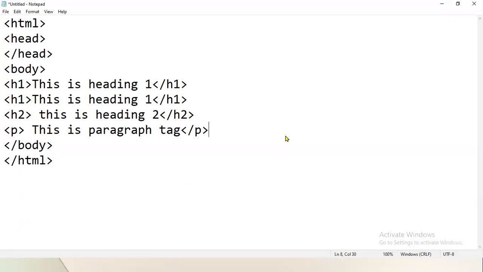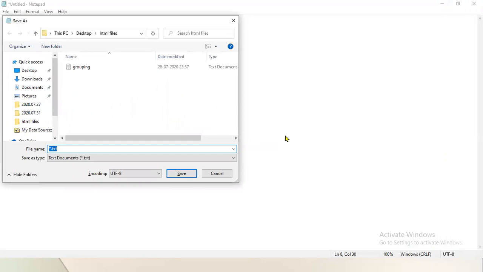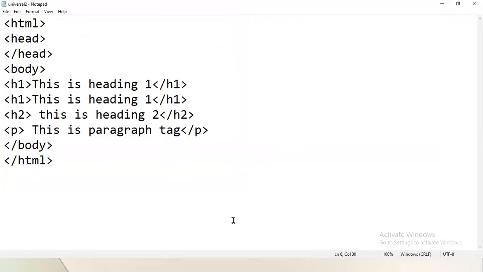First of all, I'm going to save it with any file name. For example, I'm writing here universal2.html. I have saved it in my folder, which is placed on the desktop. The folder name is HTML files.